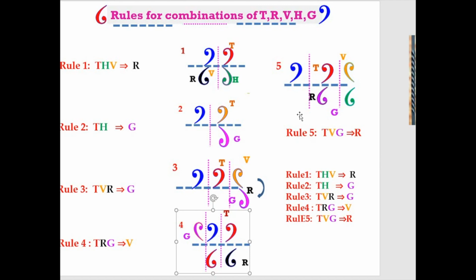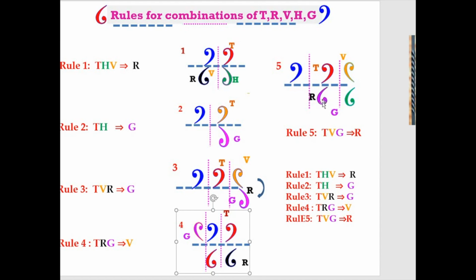And here in rule 5, you have translation, vertical reflection and glide reflection implying rotation. So you have translation and then vertical reflection. Then for glide reflection, you will have to have horizontal reflection and then translation. So this is the glide reflection. So this is the resultant. This is the pattern that you started with, and this is the final image that you get, which is nothing but the glide reflection of this pattern. So this motif,